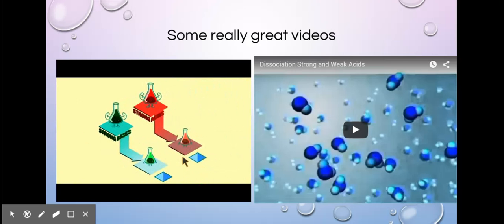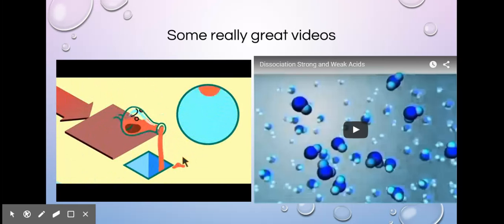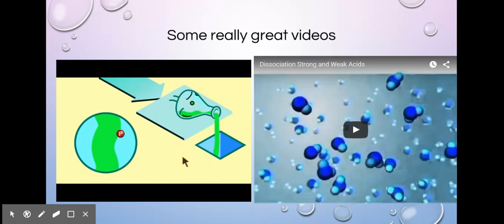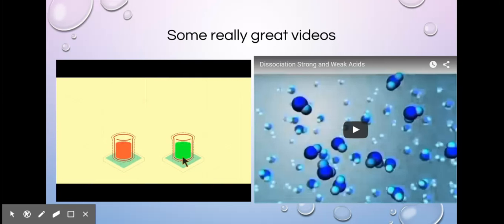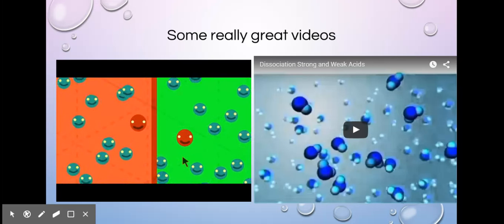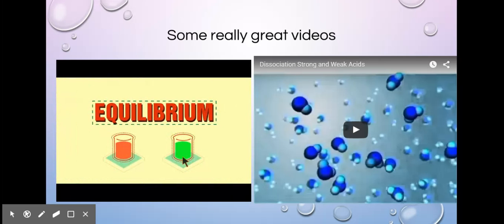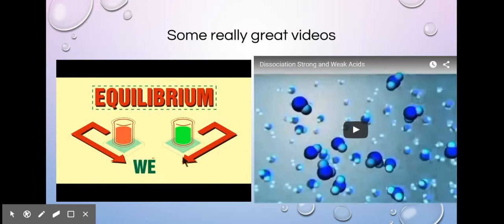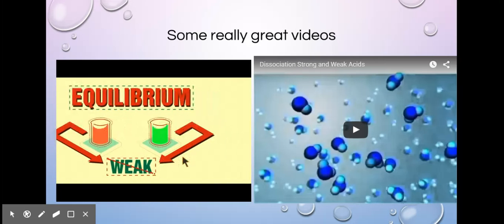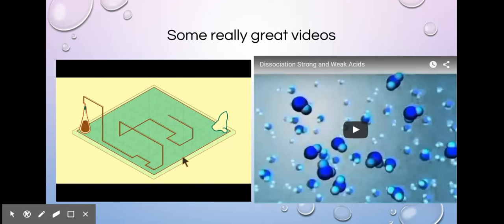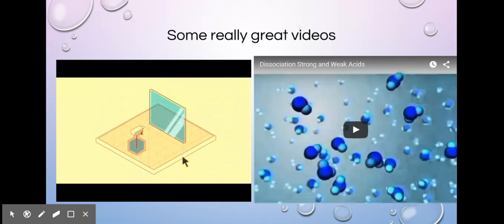Other acids and bases are not so strong. They may donate just a few of their protons to water, or accept just a few protons from water, but most of their molecules stay exactly the same. If left alone in water, they'll reach some equilibrium point, where maybe only 1 out of 100 or 1 out of 10,000 of their molecules has exchanged currency with water. As you might guess, we label these acids and bases weak, but in the common sense of the word, they're not weak. The vinegar in your salad dressing that you can smell from across the room, that is a weak acid. The ammonia you spray on glass for a streak-free shine, that is a weak base. So it doesn't take much to be an active player in the chemical economy.